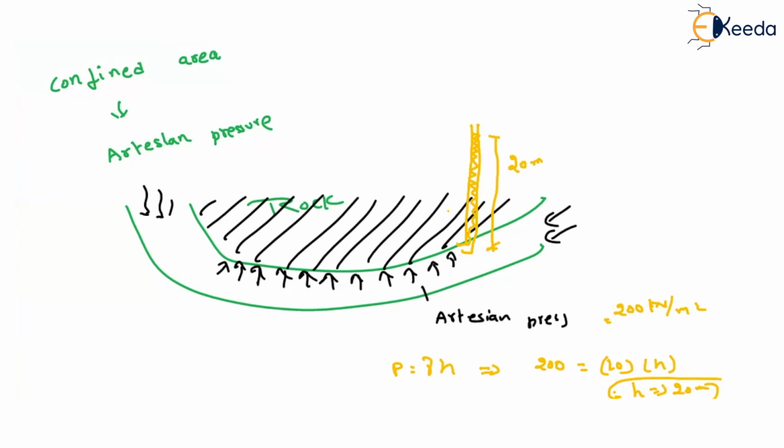Then why is it not moving up? Because above that point, as it is an impermeable layer, the water may not seep through, but it will always maintain the same pressure. So this is what is called the artesian condition of confined areas. Wherever there are confined areas, you just have to be careful. Either they will tell you the head available there, or else they will give you the pressure. So based on those, you can find out the thing.